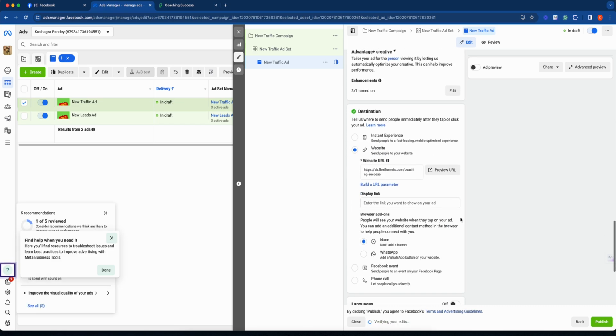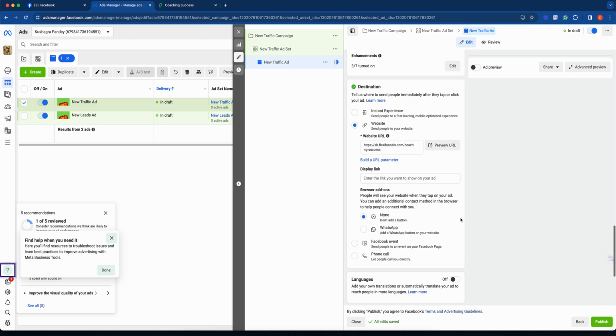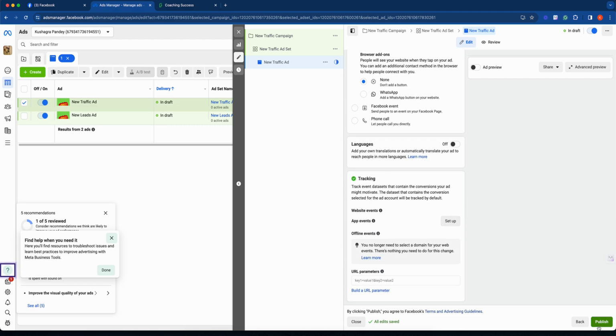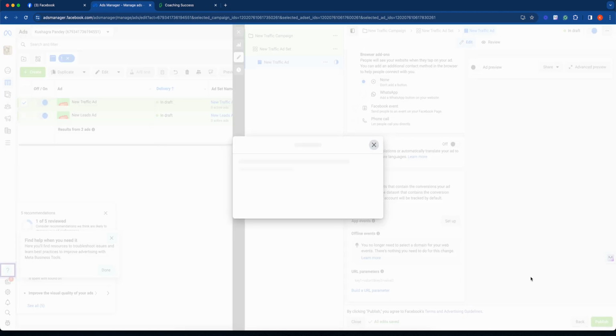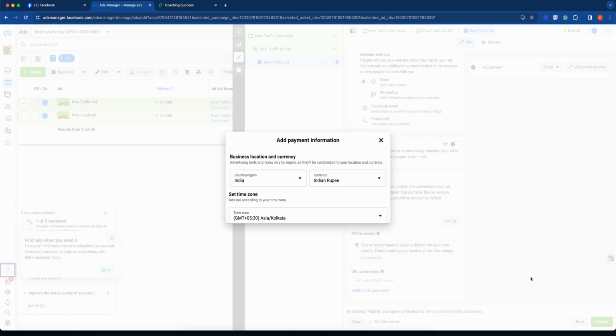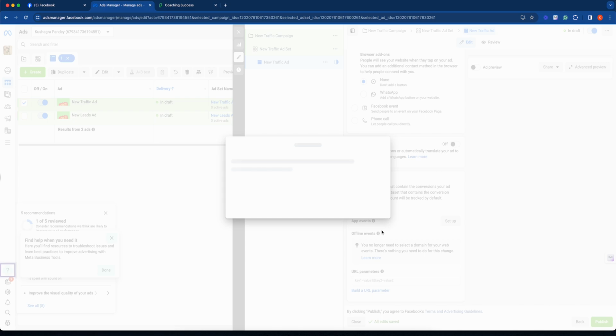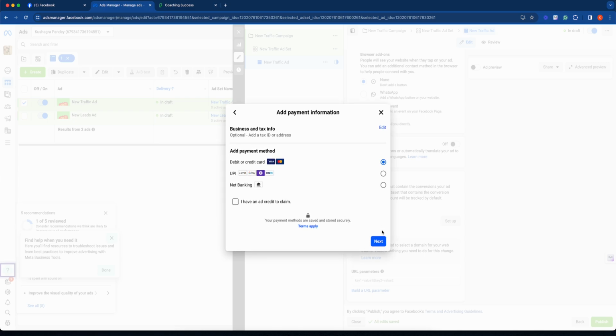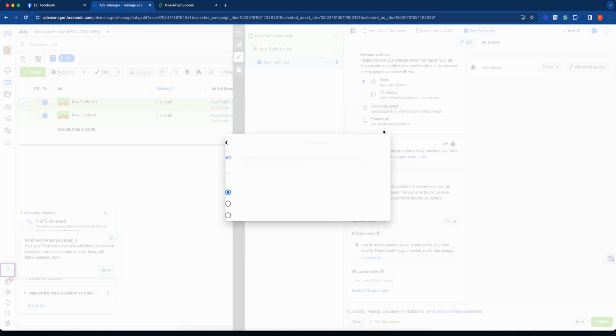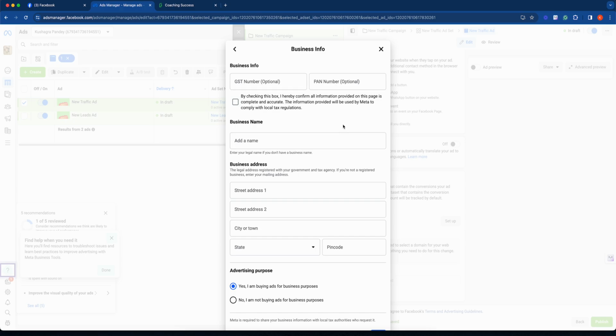Okay, so we have given the link as well. So if I publish, remember this is a new ad account, okay? So I'm trying to figure out that this is optional. Okay, great. So business and tax info is optional. If I don't have a GST number, I don't have a PAN,